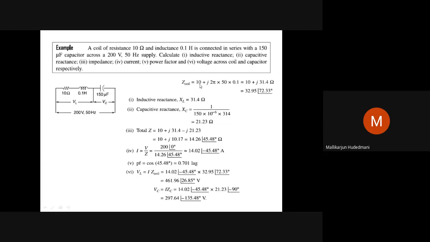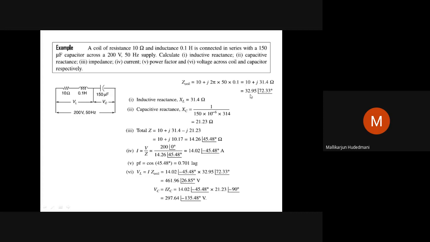So it becomes R plus jXL, as 10 plus j31.4. For this, XL stands as 31.4, which I said very clearly. The first term was XL, 2 pi FL. I asked you to observe only the second part. That's what I did now. Now I am observing the complete inductive coil. The inductive coil possesses an impedance R plus jXL as 10 plus j31.4 ohm in rectangular representation.